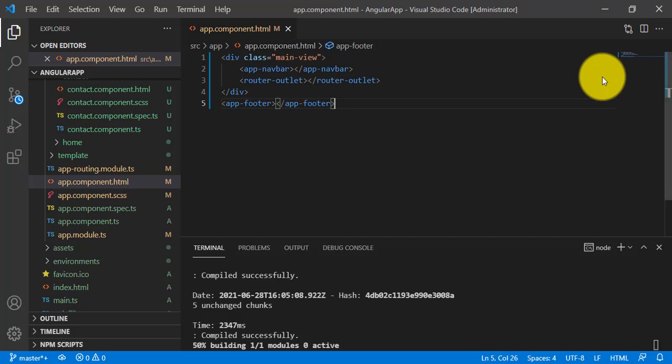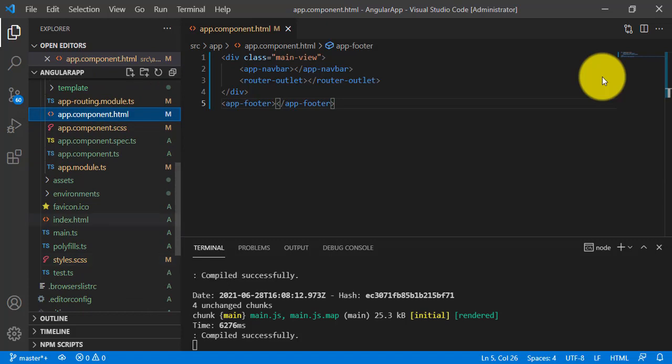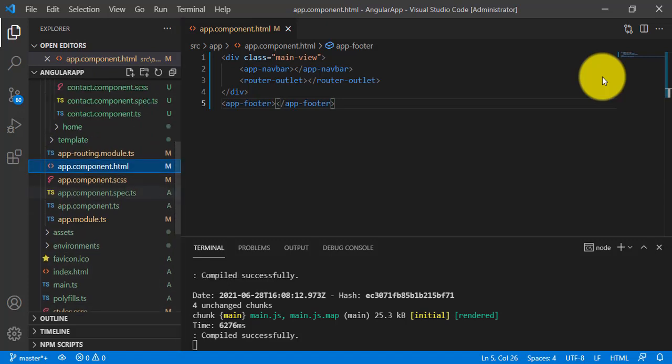Here you can see I have mentioned one bootstrap class here, main-view, and how to add the main-view CSS in our SCSS and CSS files, that is style.scss and app.component.scss.